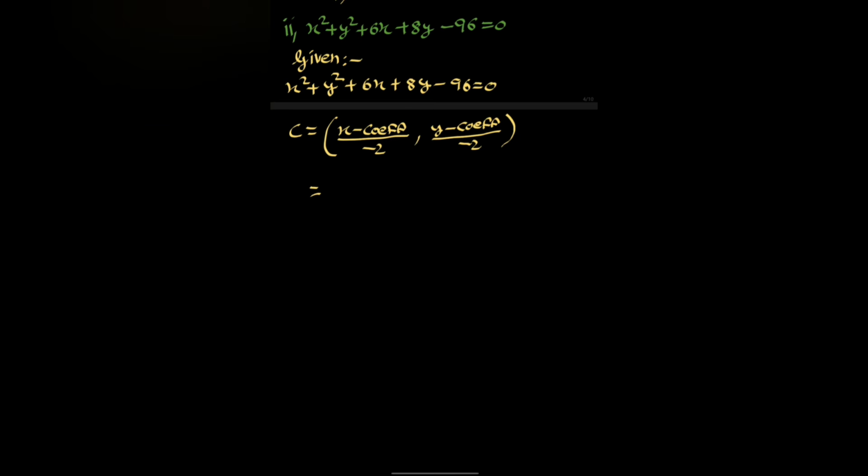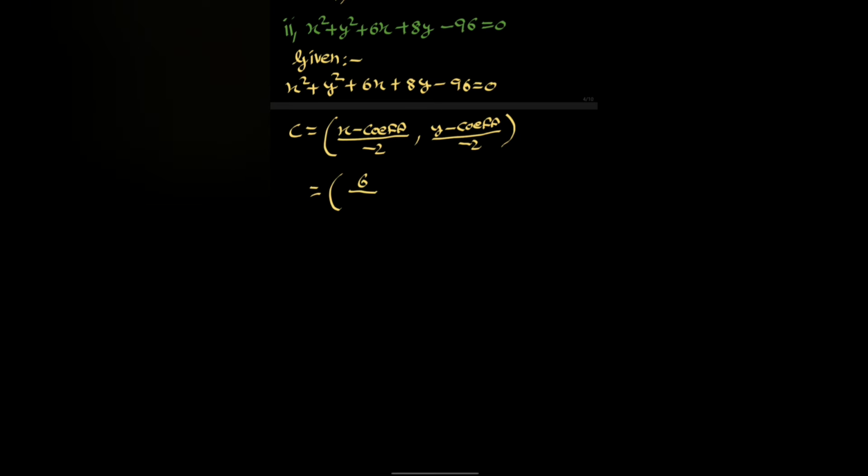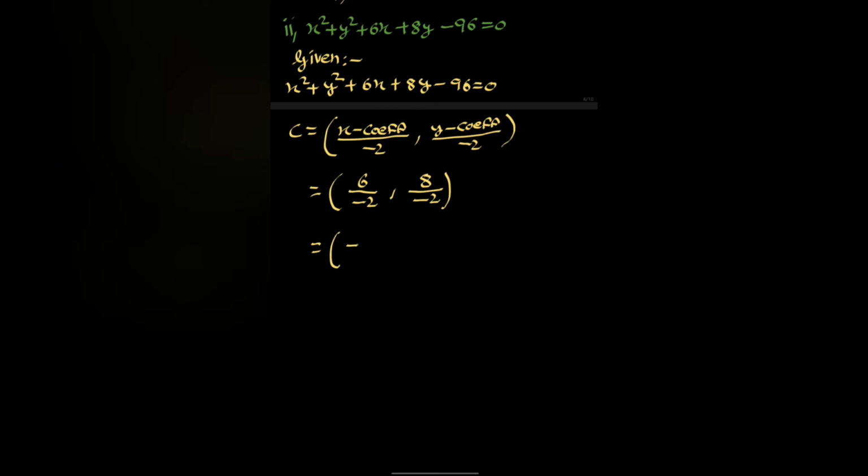So what is x coefficient? 6 by minus 2. And what is y coefficient? 8 by minus 2. So minus 3 comma minus 4. So this is the center, and